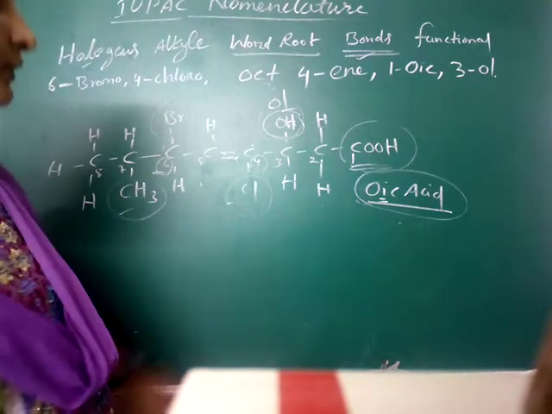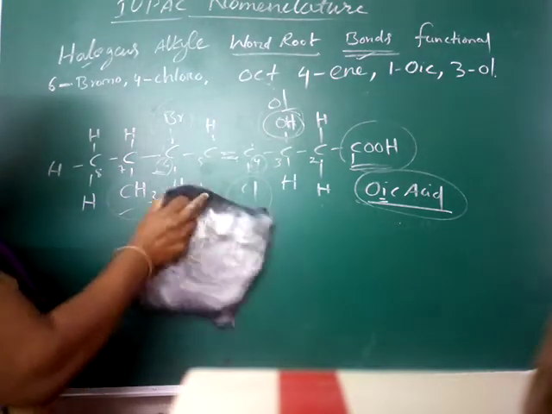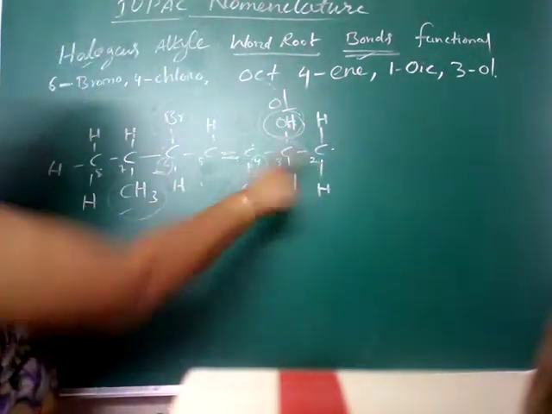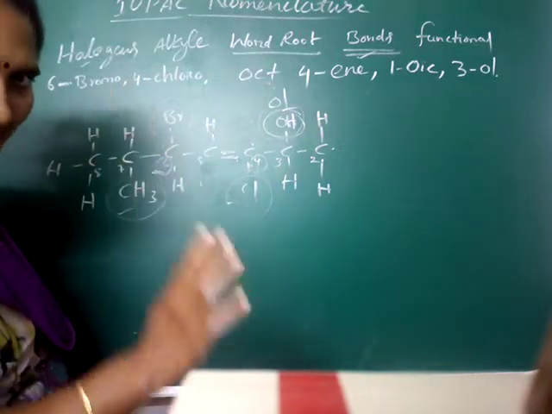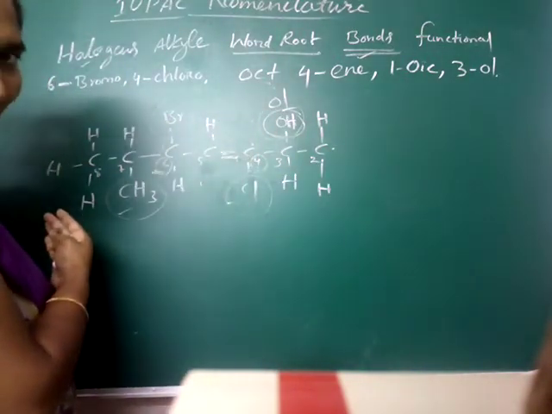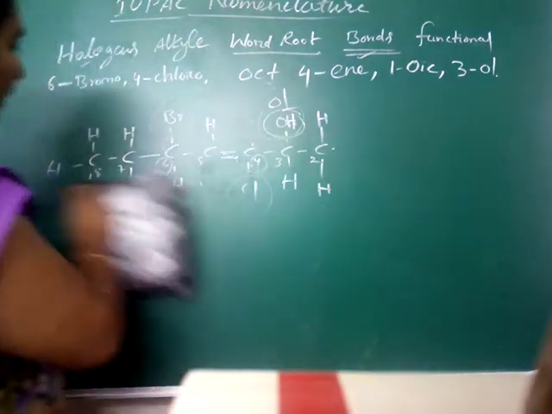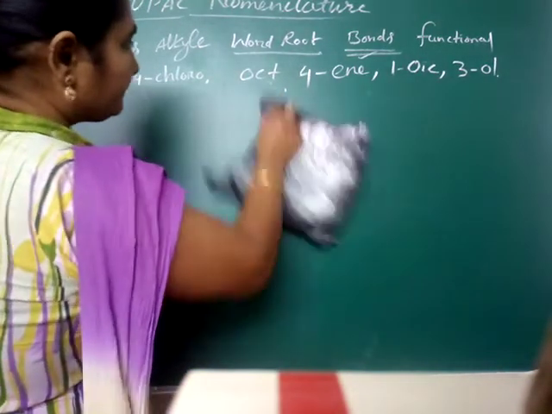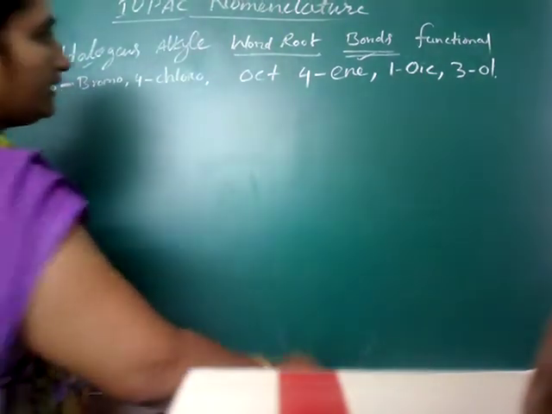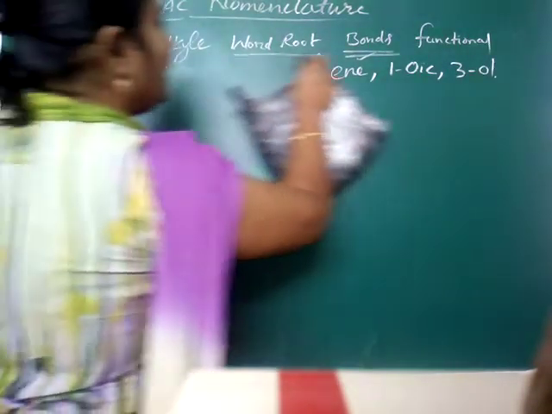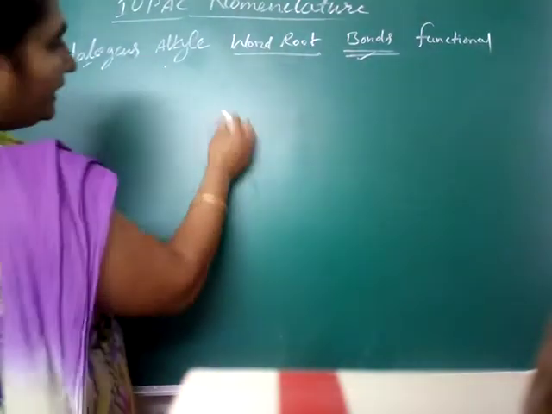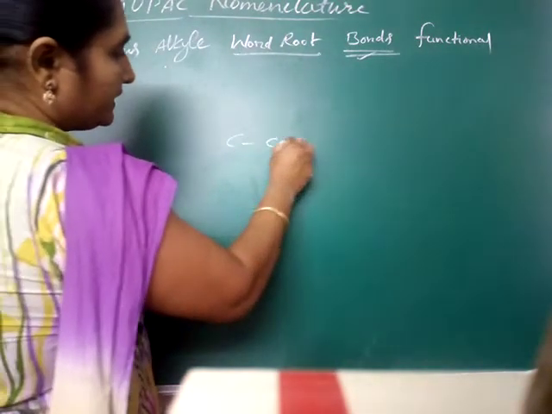Okay, now you come to here. If there is no functional group, fine; if there is a functional group, you have to give priority to that functional group. From that functional group only you have to give the numbers. Okay, then if there is no functional group, suppose you see